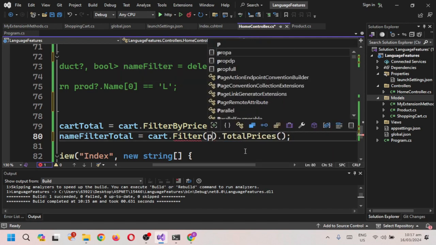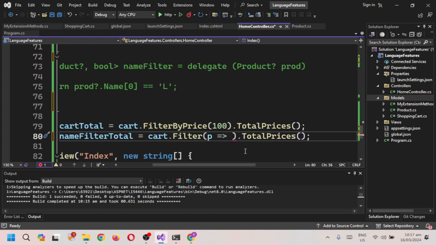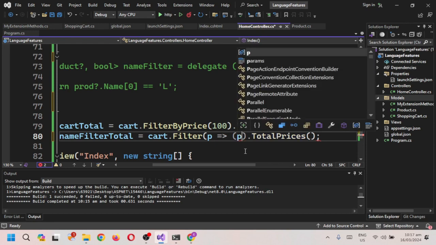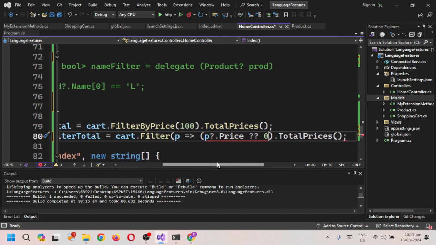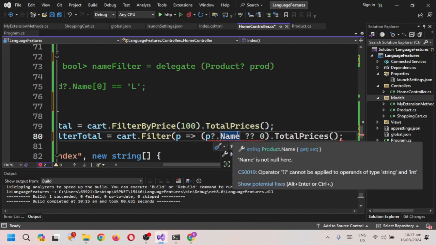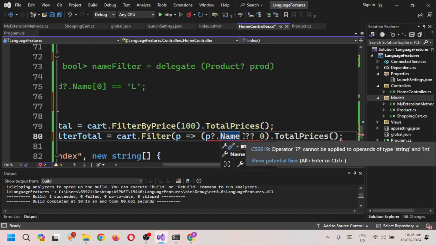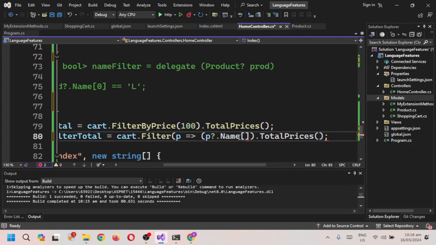So P, and our checking: P price will be 0, or a name filter, so P dot name will be P of name of 0 will be equal to sample K. Okay, question mark. Name of 0 equals to